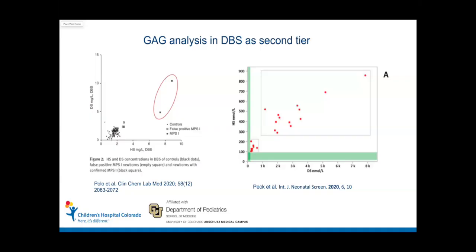And then some very bright people in several different labs, Dr. Tomatsu's lab, Mayo, a couple of other places, came up with this idea that we could actually measure the GAGs in dry blood spot, and we could do that from the dry blood spot that was used to do the initial newborn screen. And so these are some internal disaccharide measurements, and I know the one on the right came out of Mayo, showing that GAGs were elevated in dry blood spot samples from patients with MPS.